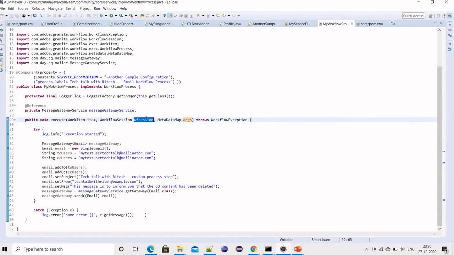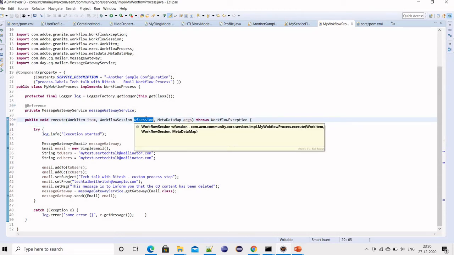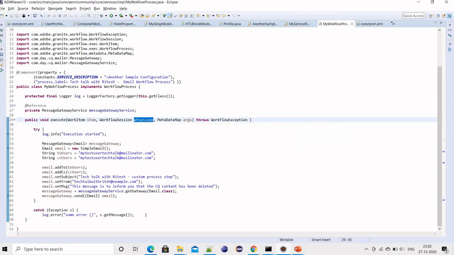For example, we can get the session from here, maybe to access the repository. I can get the payload from the item. If I'm passing any arguments, I can get them from this metadata map.